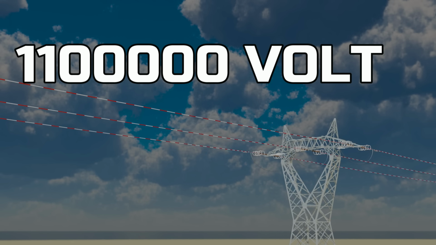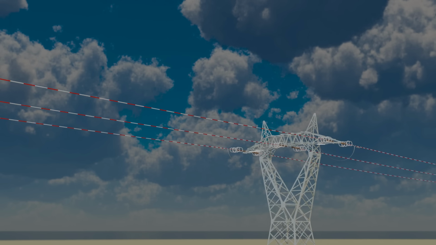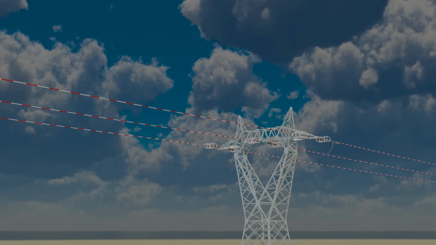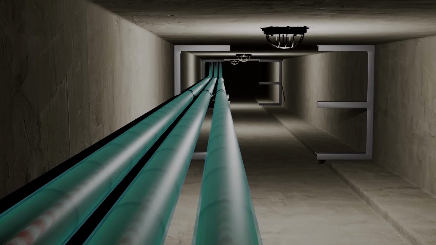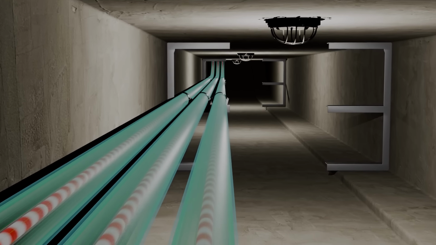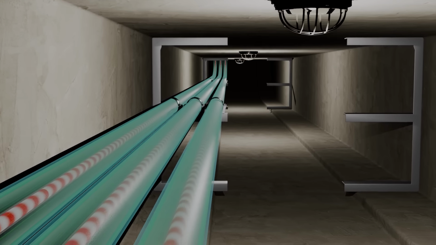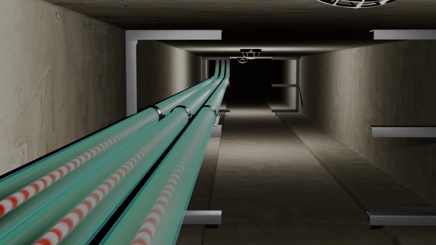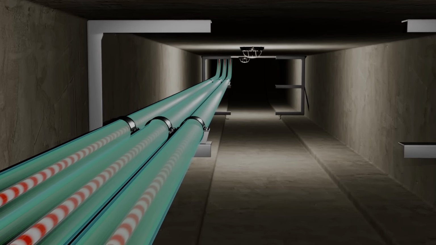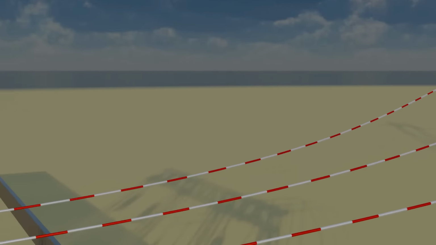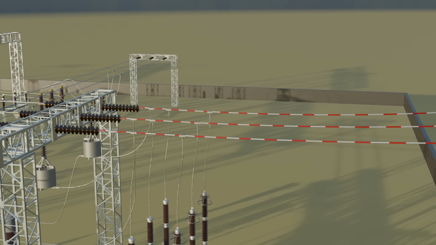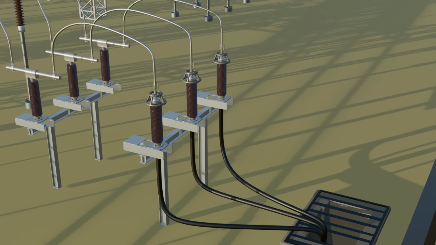Today, overhead extra high voltage transmission lines can operate at up to 1.1 million volts. But in underground transmission, engineering challenges can begin at voltages as low as 11,000 volts. Even then, Japan has already transmitted 500 kV class power through underground cables. Look at this visual. On one side, an overhead transmission line enters the switchyard, while on the other side, the